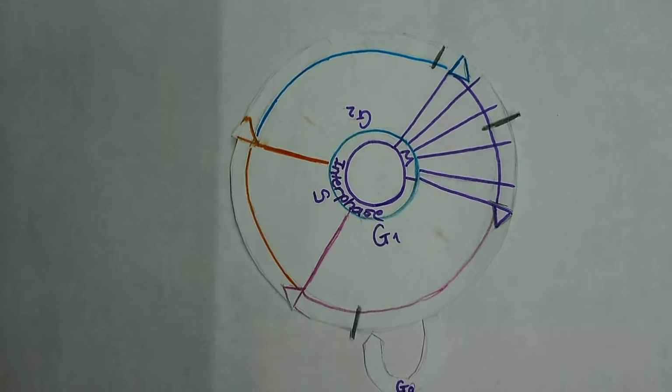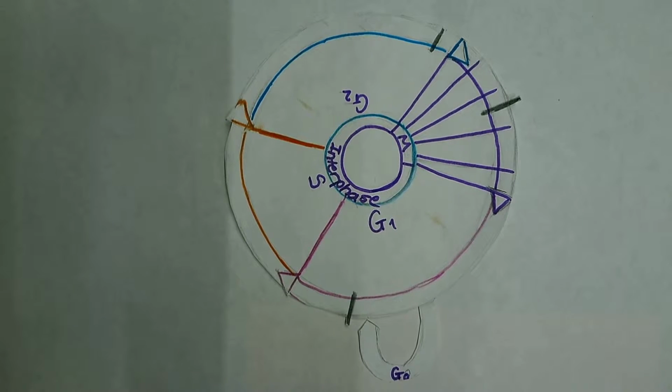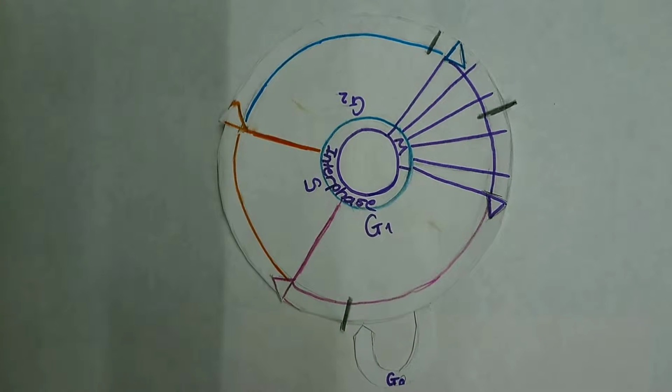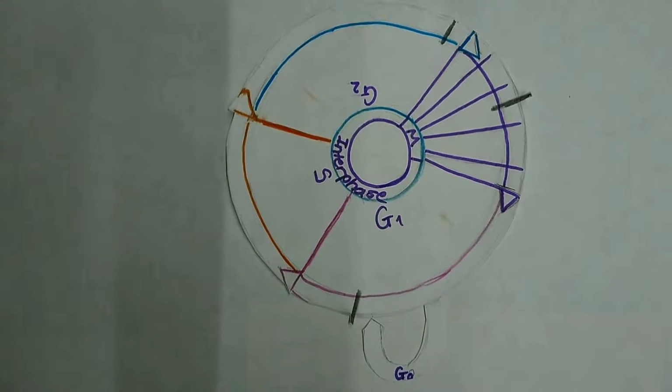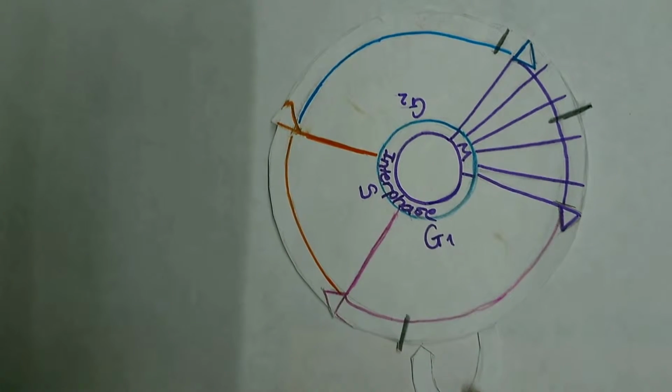G1 phase stands for gap 1. Interphase begins with this phase. During the G1 phase, the cell will make a variety of proteins that are needed later for DNA replication in S phase. Not all cells continue to replicate, and in that case, the